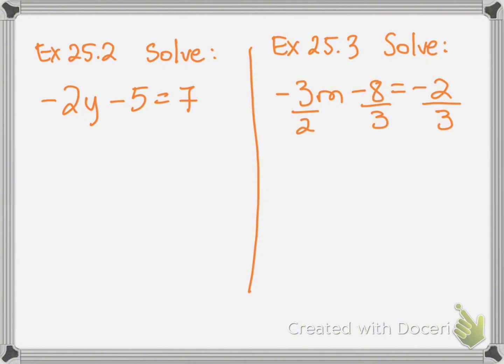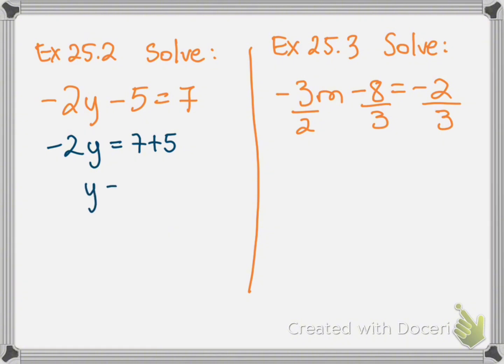In the next example, they also asked to solve. So we're going to leave the y by itself, and we're going to pass the negative 5 that is subtracting to the other side to add. Notice that what we're doing is putting the like terms together first, and once we have that, then we pass